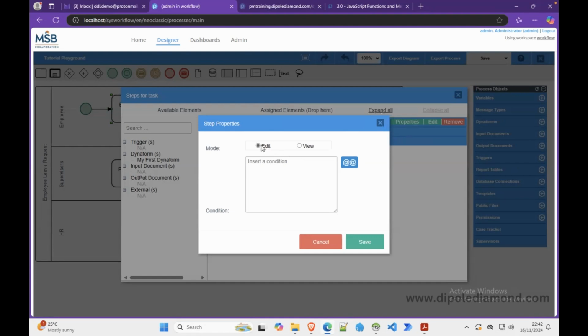The default form mode is always the edit mode. For view, it means the user is able to view the form, but the user cannot input any information or data into the form. But we also have a second part of these step properties called condition. If you put a condition for a Dynaform step, then the user can only see the Dynaform